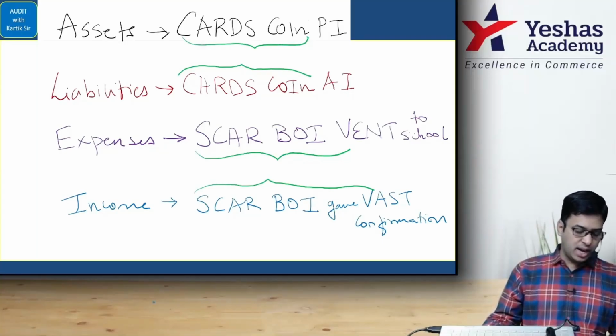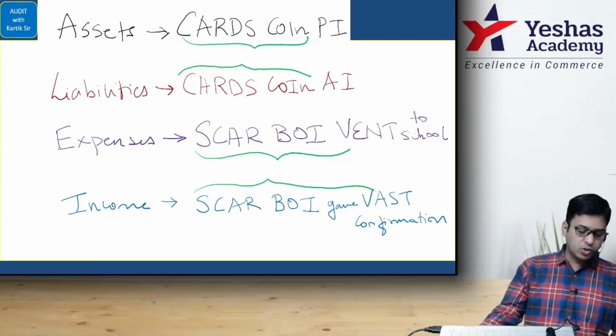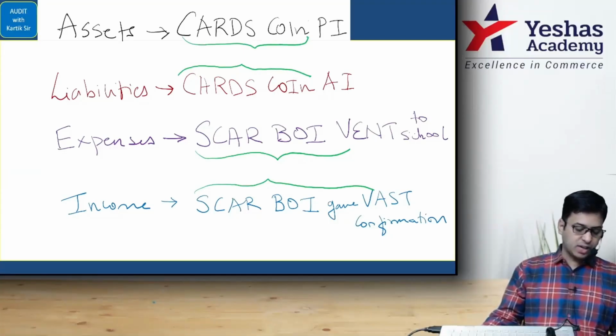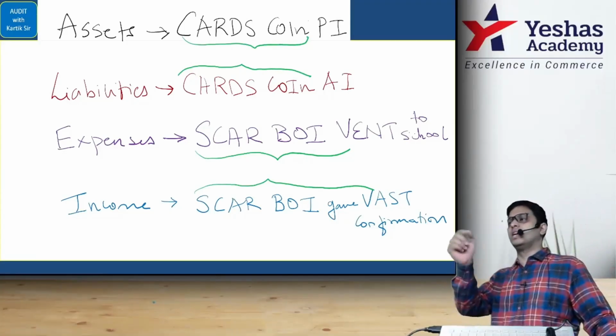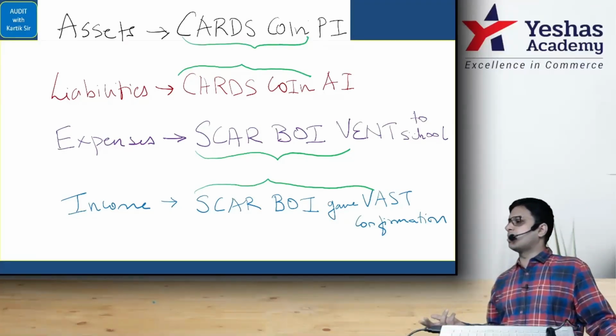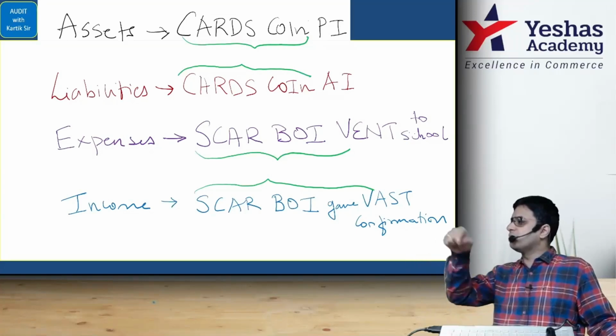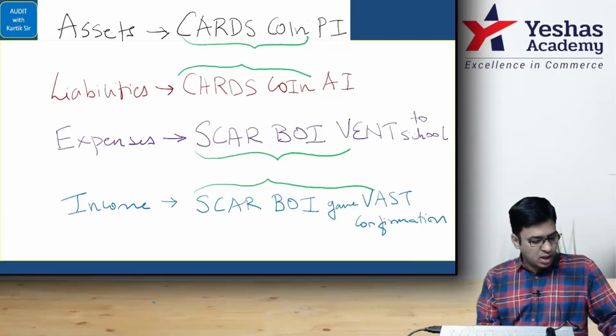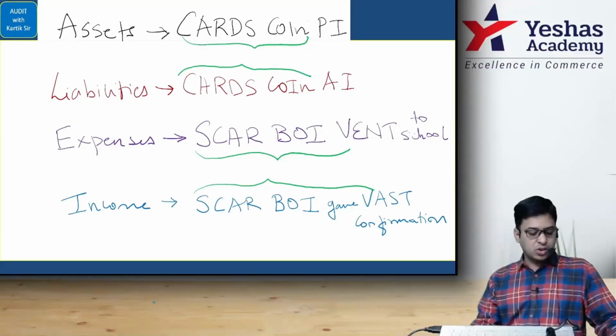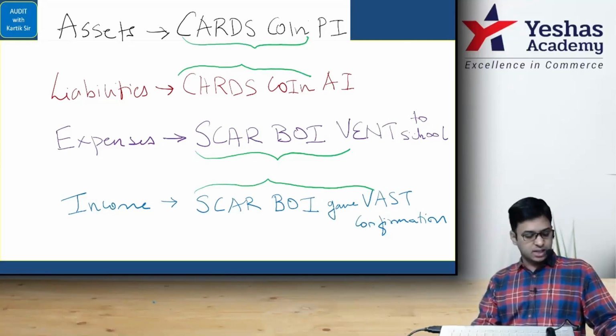Next, 10, non-routine and significant expenses. Non-routine, unusual expenses. Investigate significant or unusual expenses for legitimacy and proper classification. A director has gone for a Europe trip with his family and put it in the company's P&L debit. That is personal in nature. Putting it in the company's revenue account, the P&L account, is not correct. That is what we are checking in this. Review expenses related to non-routine transactions such as restructuring cost or litigation expense. That is what we are checking.